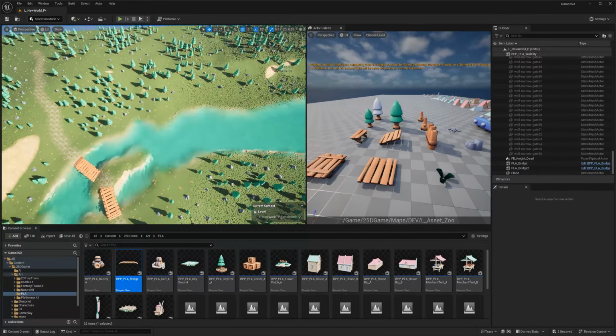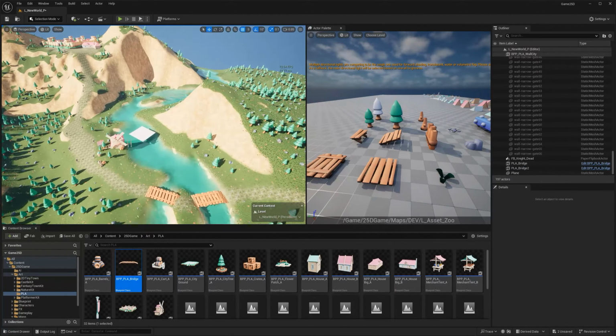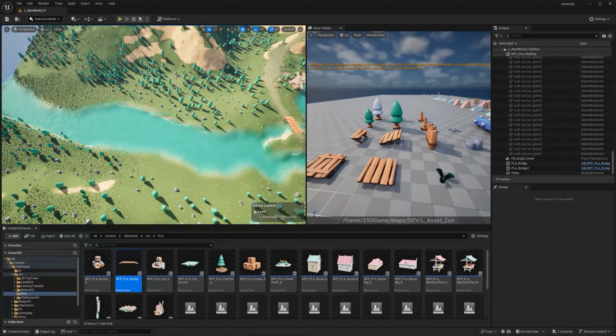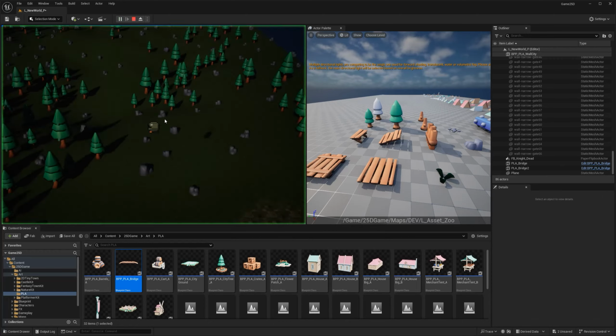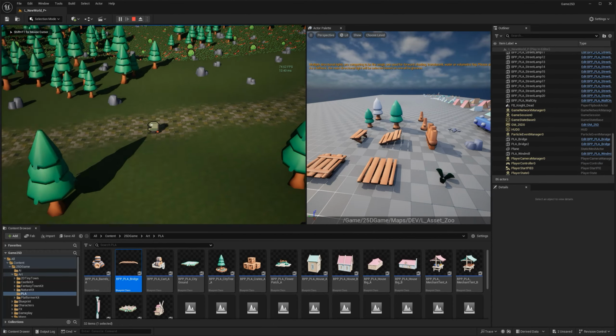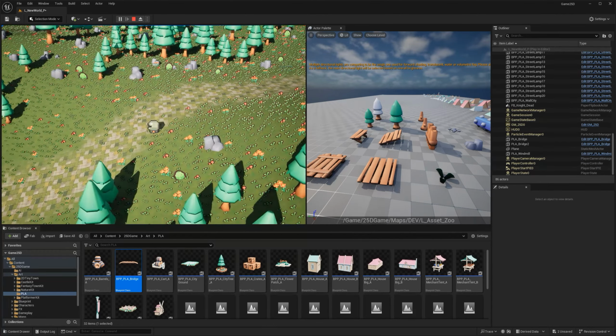Since I went to the work of doing this, I don't have another island here, but I could make another bridge here if I wanted. So what happens if I play from here? And I know we haven't set up the character, we're going to set that up next. I'm using my old setup, but it's just to test it.